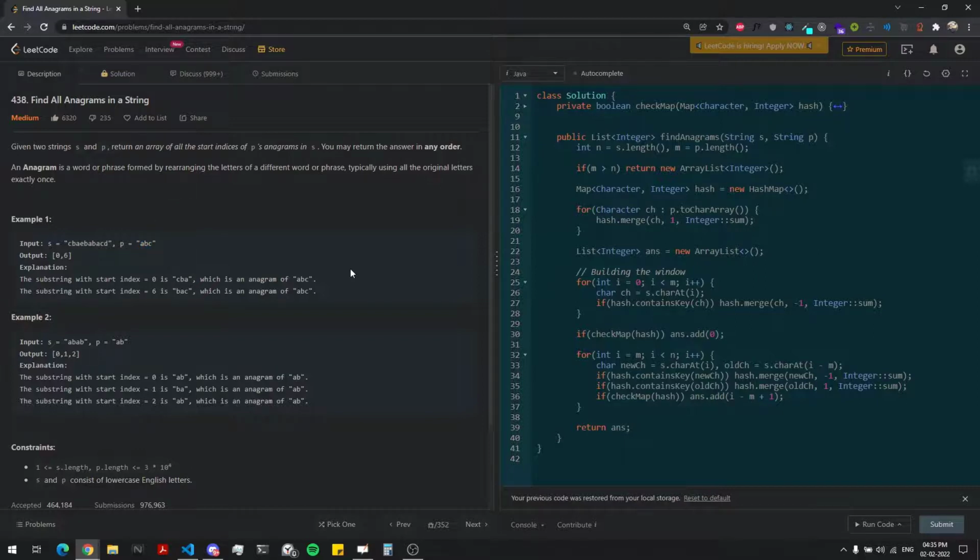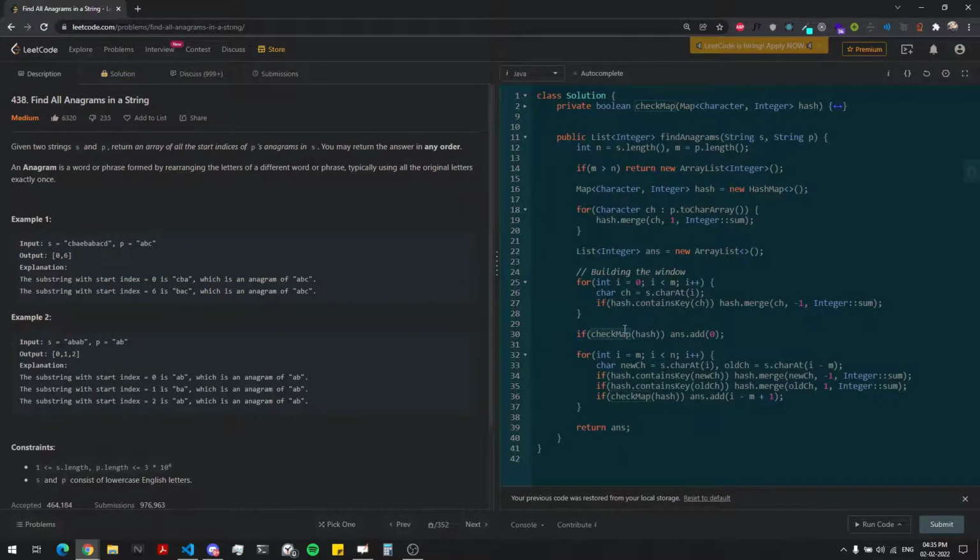I can simply ignore them, because if E or D is present in my substring, then definitely that is not an anagram. So I decrement it if it is present in the hash map, and after that I use this function check map of hash, and if it is true we add the index, that is 0, because 0 is the starting index.